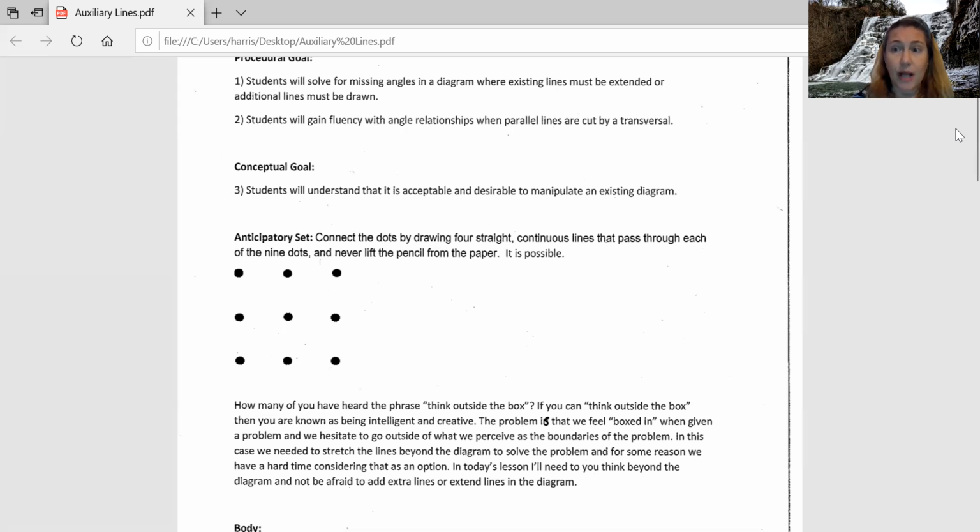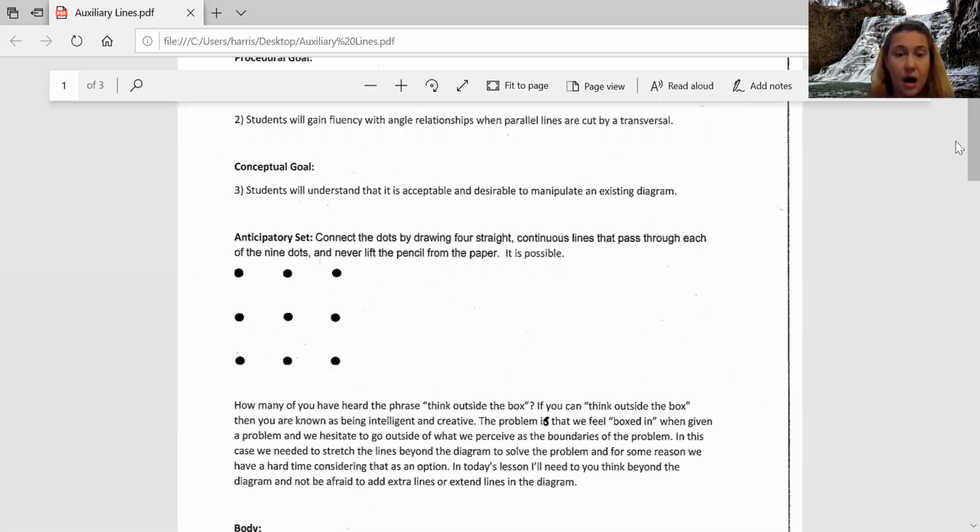So anyway, I want you to try the anticipatory set. Okay, so we've got 9 dots here. You need to connect the dots by drawing 4 straight lines, and it is possible. Okay, so I want you to try that, and then we will pick up with this lesson plan together on Thursday. But anyway, right now, going back to this document on the vocab,